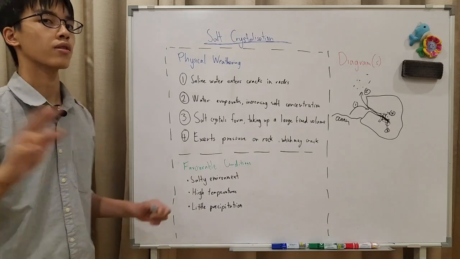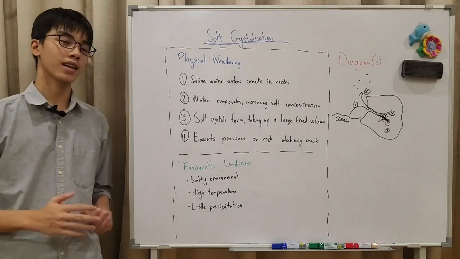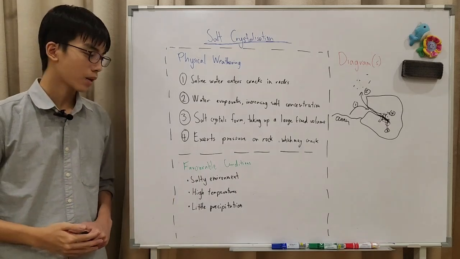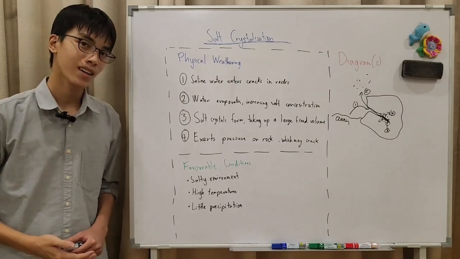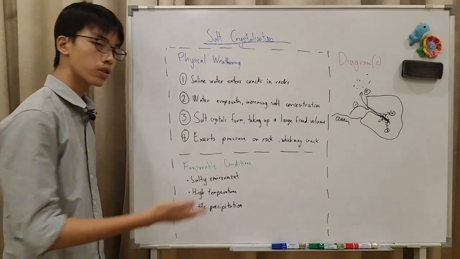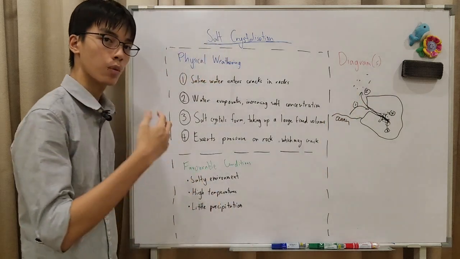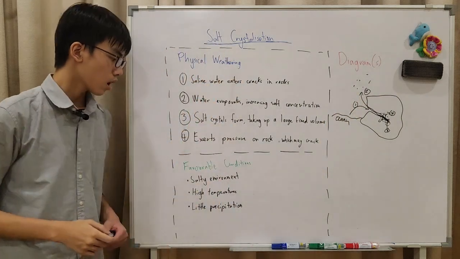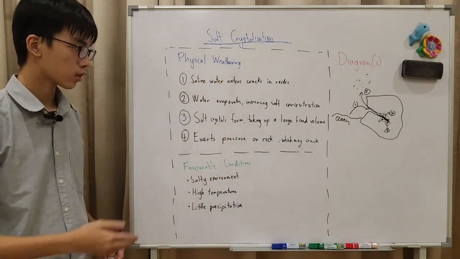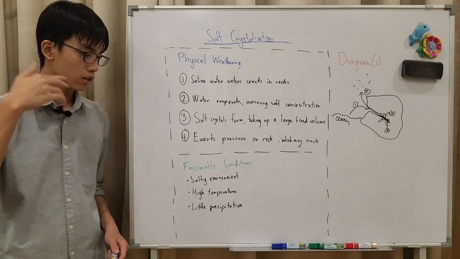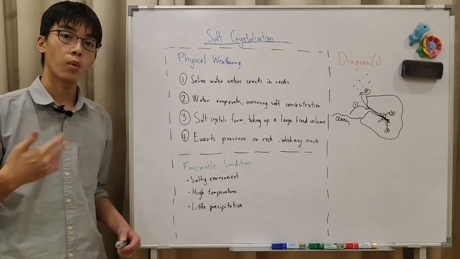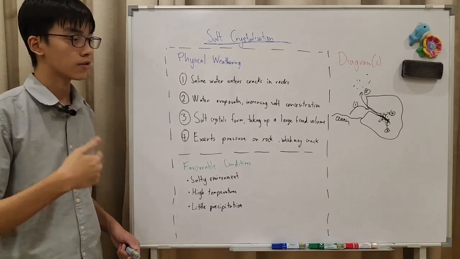It generally needs a salty environment. And what's the best source of salt in the world that we can or cannot eat? It's the ocean. So generally what you want to do is draw an ocean and have waves splashing on, maybe getting some water into cracks. You also need high temperatures because the water has to evaporate, and the greater the temperature, the more evaporation happens, and therefore the faster you get